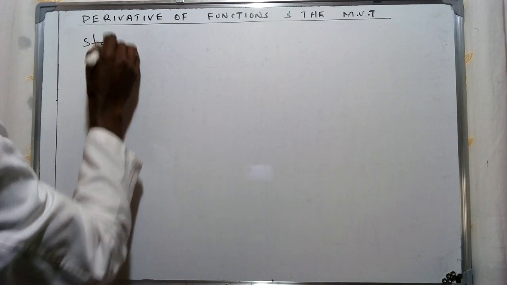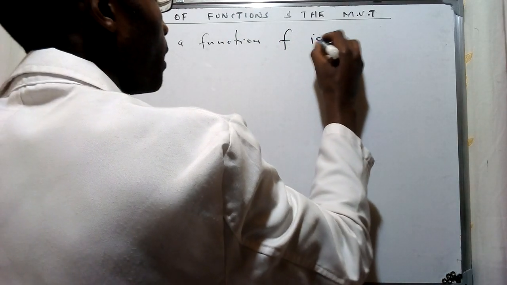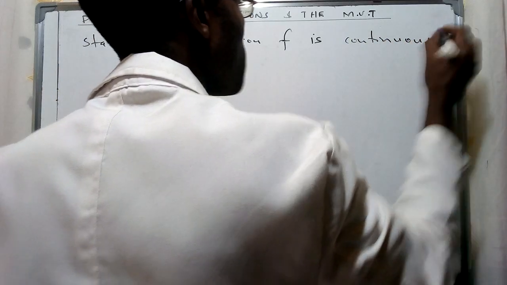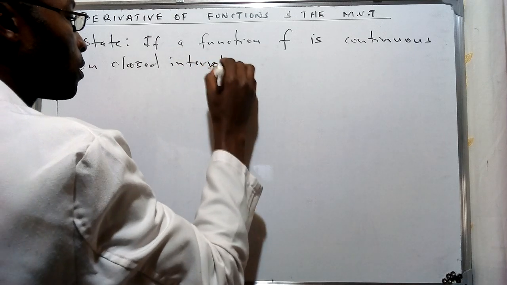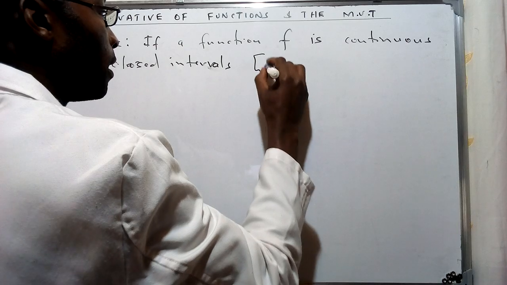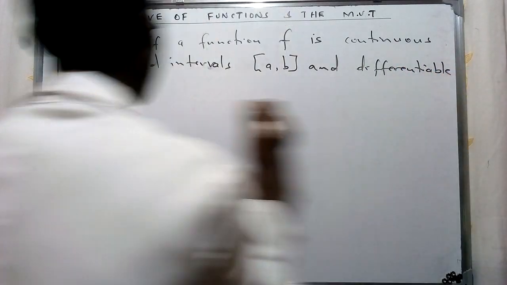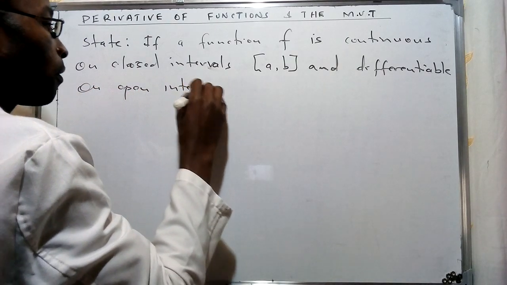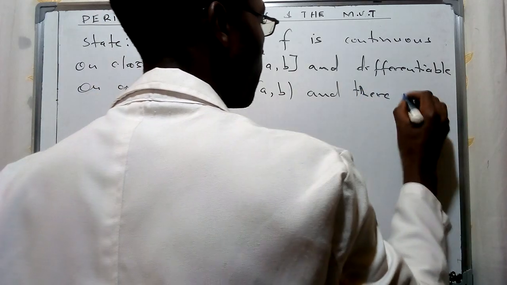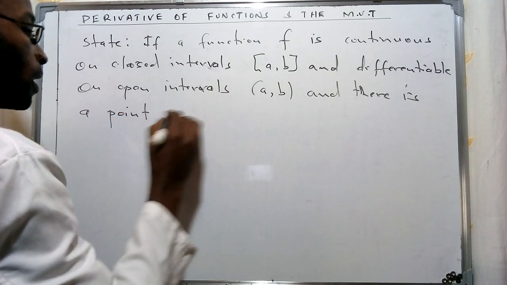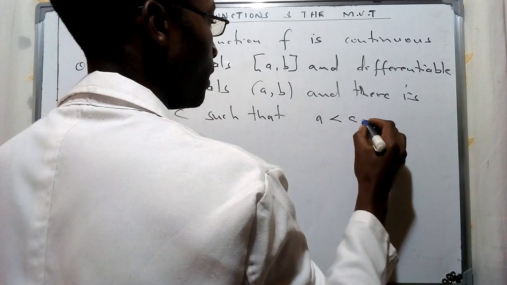Now, the mean value theorem, we had said, basically states that if a function f is continuous on the closed interval [a, b], and differentiable on the open interval (a, b), and there is a point c such that c is a point between a and b, whereby c is greater than a but smaller than b,